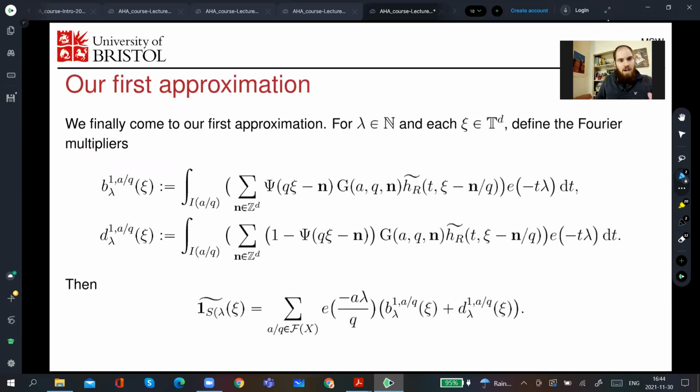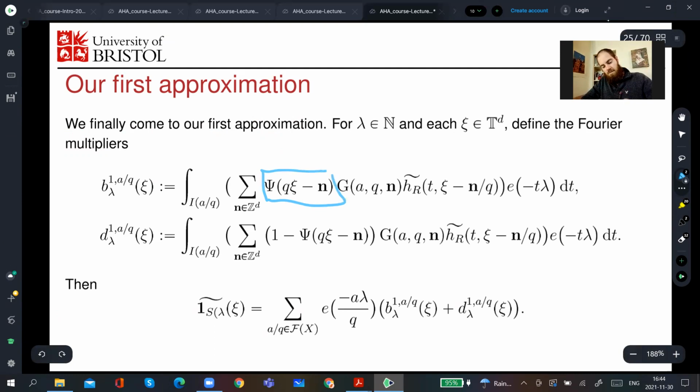So before I said the 0th frequency dominates, that 0th frequency is the one that's played by this function psi. I think I had a little psi before, and now it's a big psi. I mean the same function. Apologies for the change in notation. So just to remind you, of course, because it is very important, psi of qc minus n is, of course, psi of (qc minus n) over q.